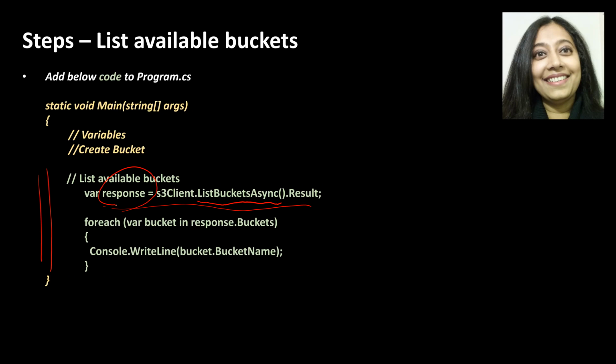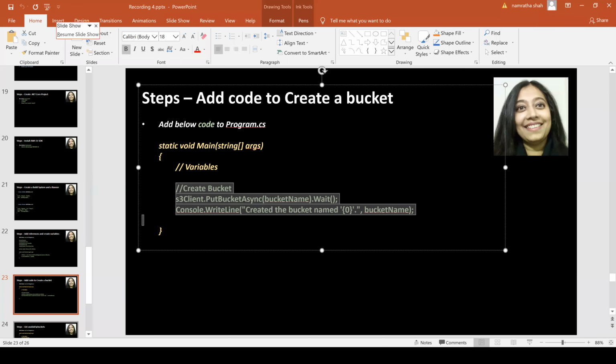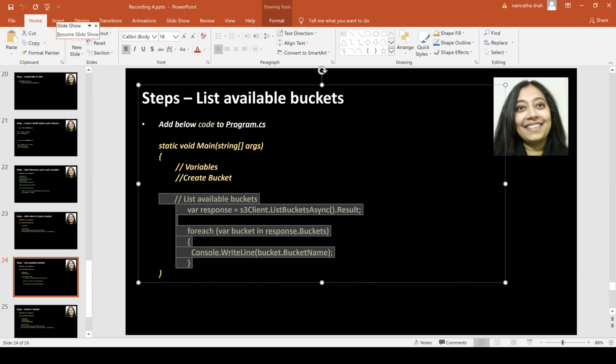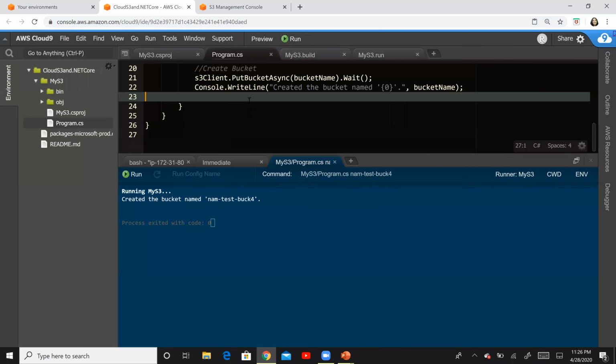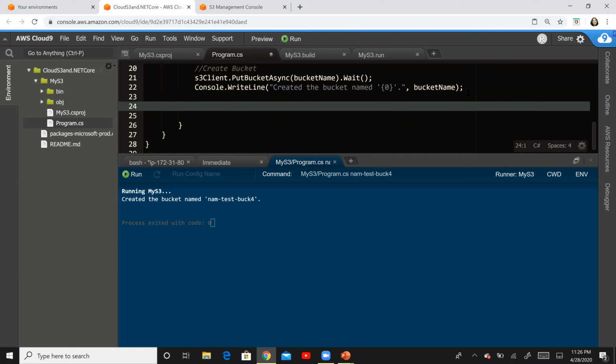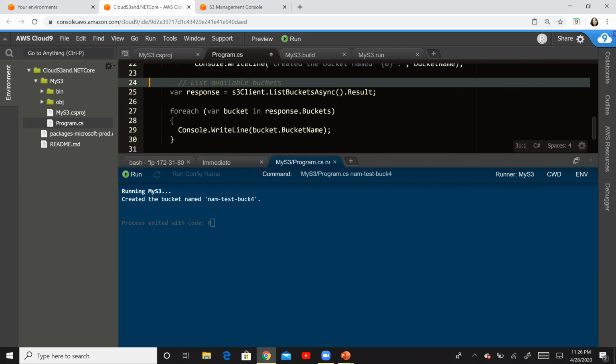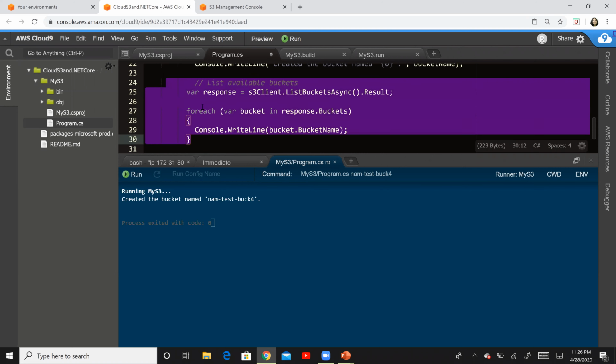And then we have a for loop right here to loop through that particular response, and on the console put the name of the bucket. So let's say in our case we have about 4 buckets, and all those 4 buckets should be enlisted using this piece of code. Okay, so let us go ahead and try this piece of code now. So I'll go ahead and copy this, and then paste it right here. Right, so this is our piece of code to list buckets.